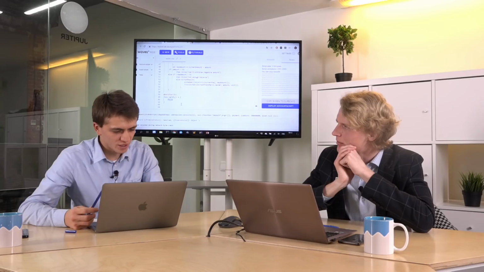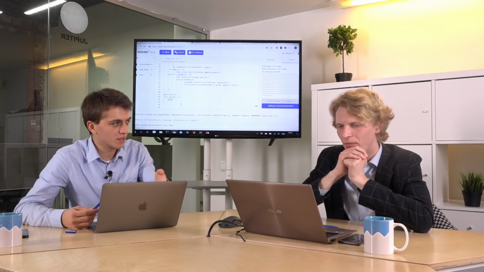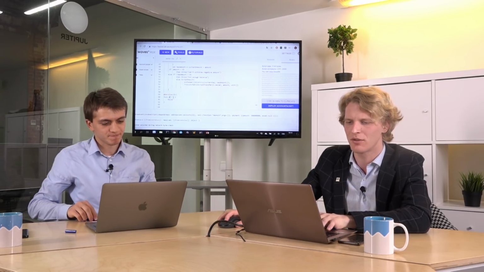A good thing. So am I right that the verify function is like we took the old contract and just wrapped it with a function called verify and with the annotation verifier? Yes, exactly. Should it always be called verify, or can we use another name? This name could be anything.